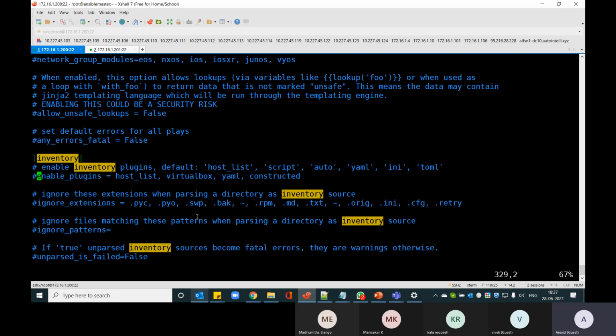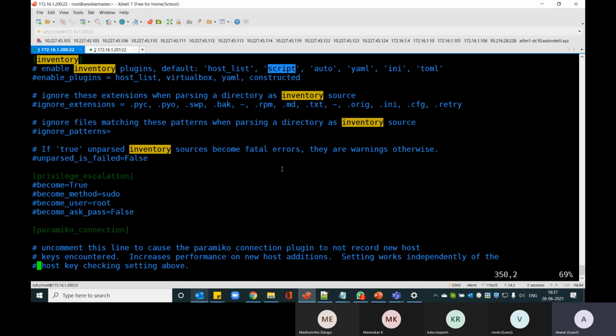Not just that, Ansible reads from a configuration file or an INI file, but you can also create a script to read the inventory from a database, auto-generate your inventory dynamically and give it as an input whenever you run a playbook, or it can be fetched from an EC2 instance or from an Azure instance. All those things can also be changed using this enable plugin option.